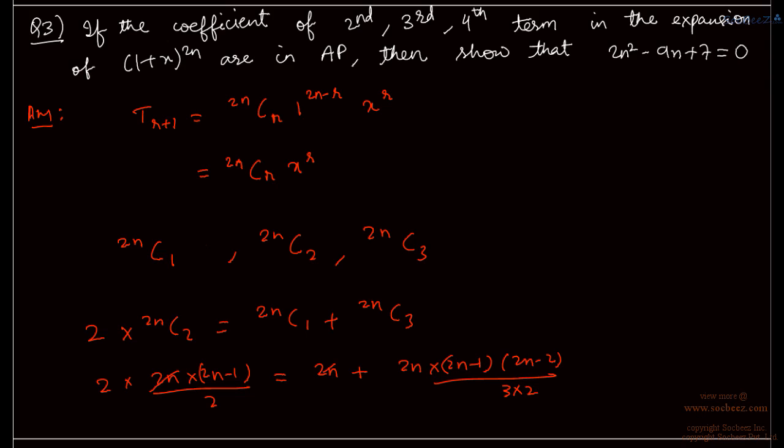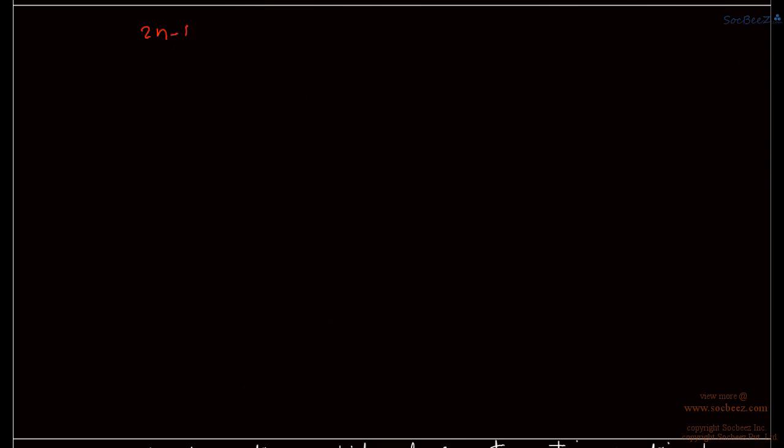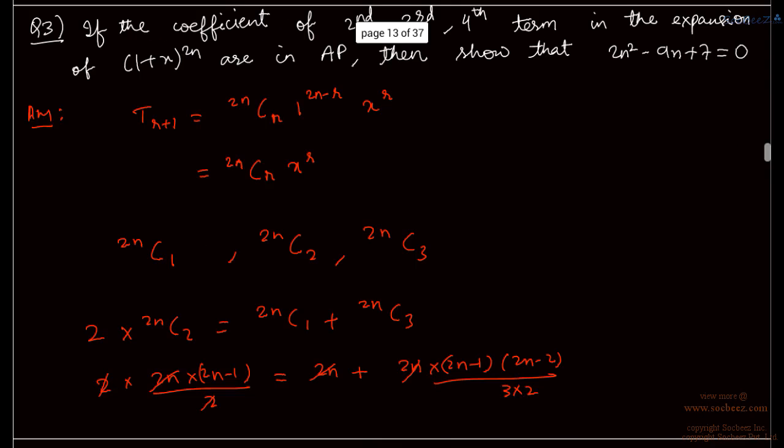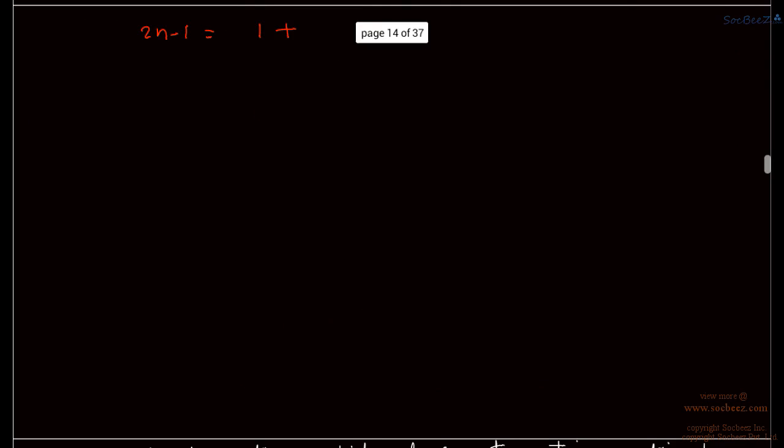Now we see that 2n can always be cancelled. This common factor in everything. Here the 2 will get cancelled. So it is 2n − 1 equal to 1 plus (2n − 1)(2n − 2)/6. Right? So, expanding this, we get